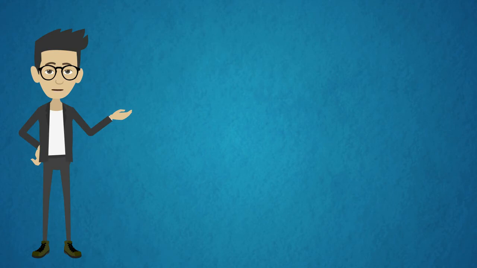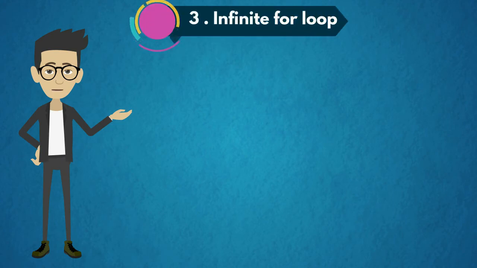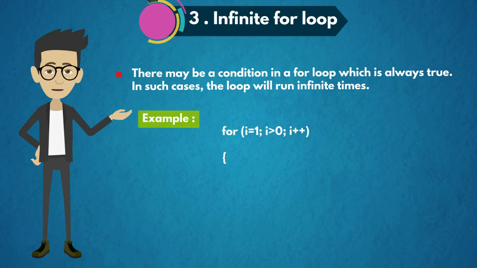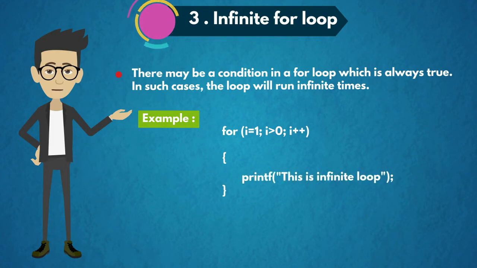The third type is the infinite for loop. There may be a condition in a for loop which is always true. In such cases, the loop will run infinite times. For example, for (i=1; i>0; i++) printf("This is infinite loop");